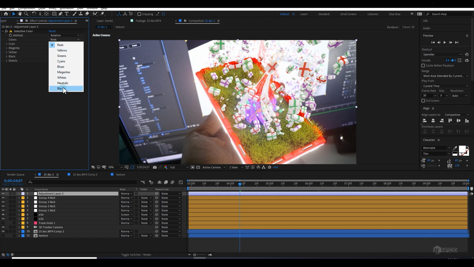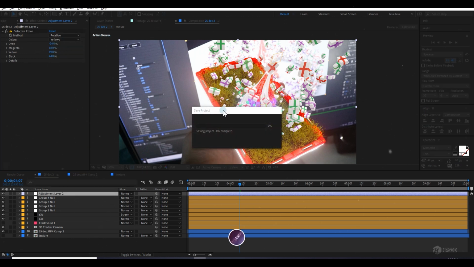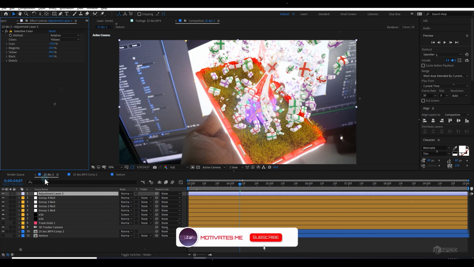I can select the green value. There is a green one. Make it darker. You can just control it in a good way. Just select the yellow. So this looks too good for me.